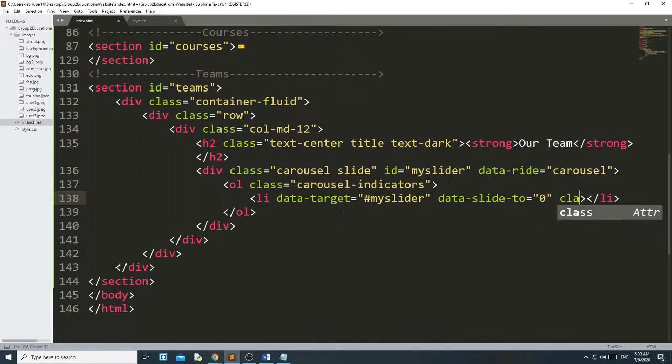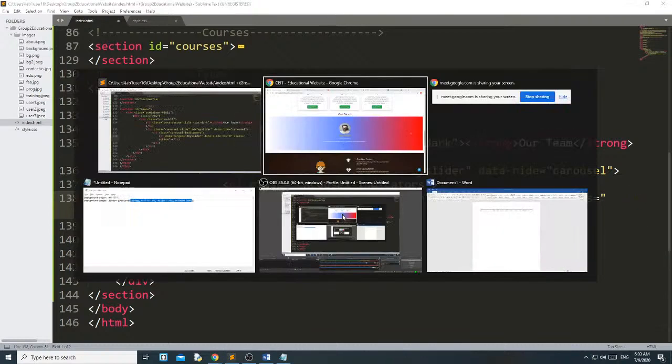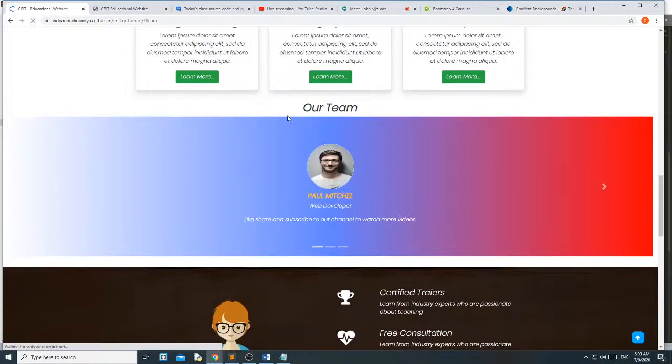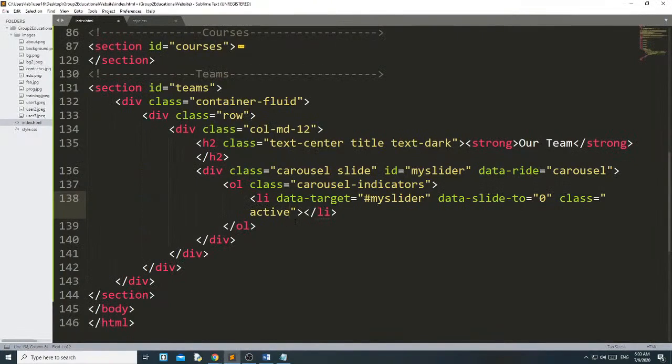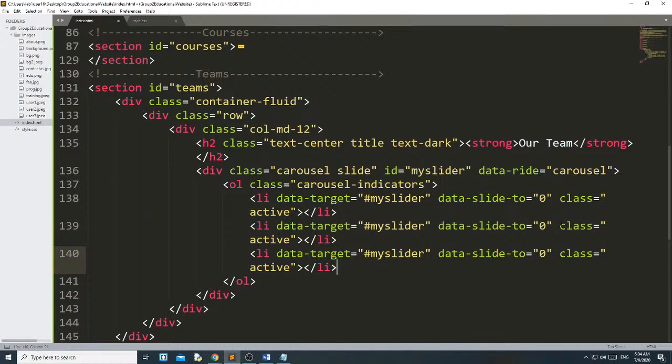Active means when your carousel starts, when you load the page, which one will be active. See, when I load this page, you can see this one is active, these 2 are not active. This is the meaning of the class active. At a time you can make only one active. That's why when you copy and paste, don't forget to delete this part.